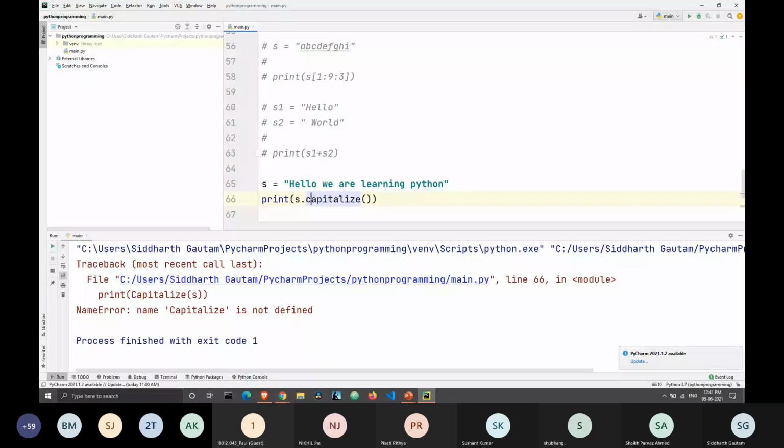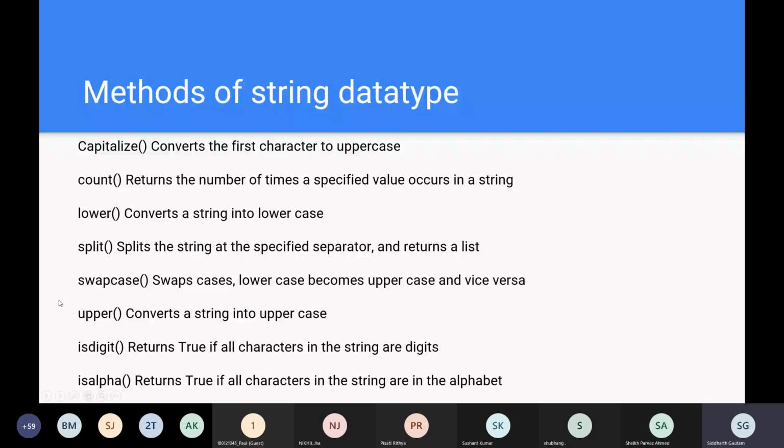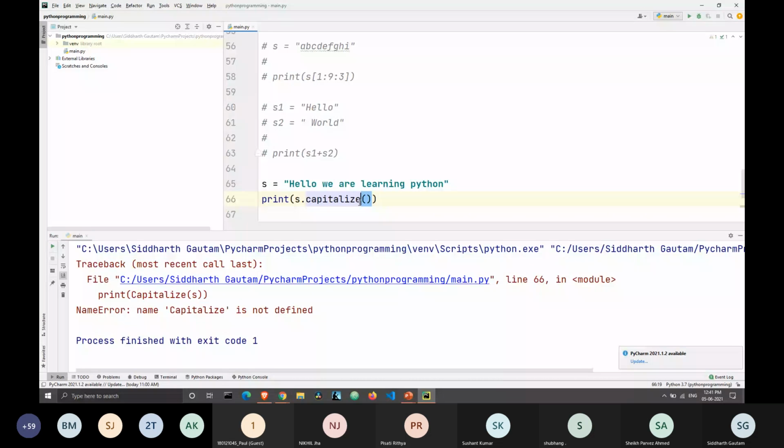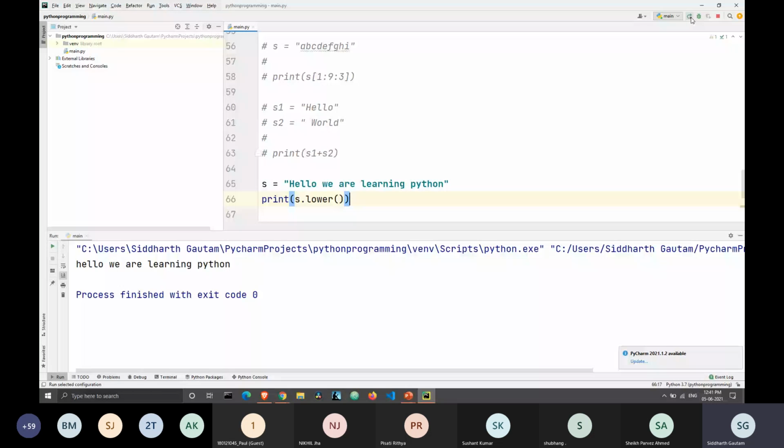So if we print s dot lower here, we will just reprint this. What's the difference between this string and this string? The characters got printed in lowercase.